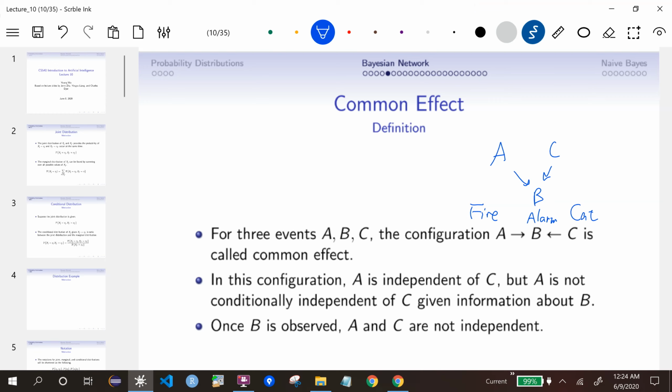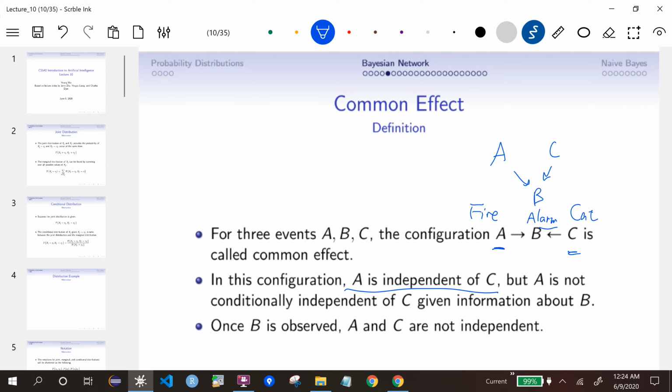So these are two causes, and the probability that there's a fire and the probability that there is a cat problem originally seem independent, right? So A is independent of C, so that's why there's no link between A and C. However, A and C are not conditionally independent, because